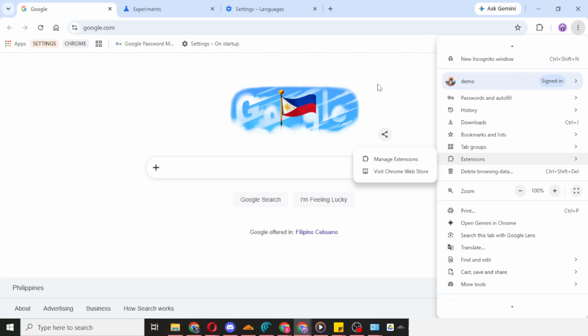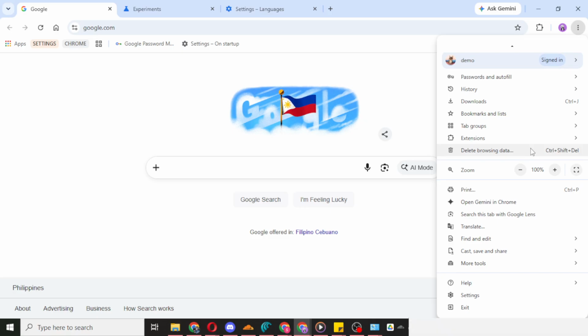Inside this menu, you'll see several useful sections that help you manage and control your browsing experience. For example, you can click on History if you want to review websites you've visited recently. This is especially helpful if you need to return to a page you opened earlier but forgot to save. You may also see Downloads, which takes you to a list of files you've downloaded through Chrome. If you recently saved a document, image, or installer and can't remember where it went, this section can help you find it quickly.